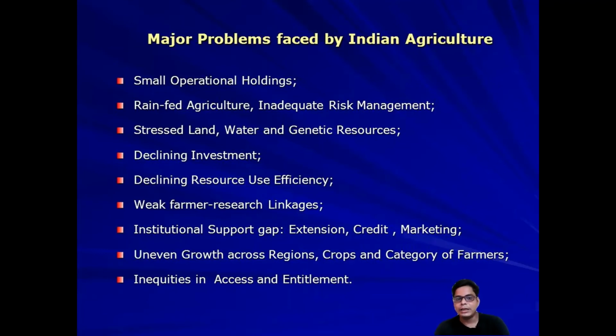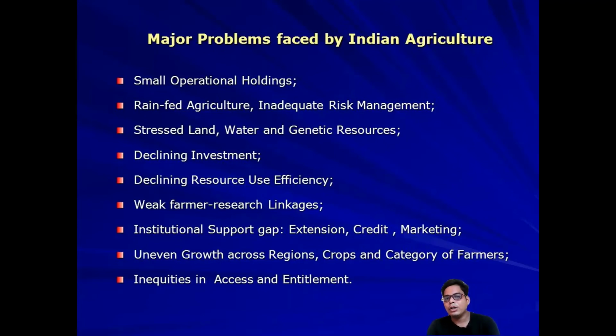Then, weak farmer-research linkage. Whatever research is being done by the ICAR, the Indian Council of Agricultural Research, is not conveyed or connected to the farmers. Farmers are cultivating individually, on their own experience, and the experts who do the testing in the lab are not bound to give their suggestions to the farmers. So that's why production somehow decreases day by day. This thing we have to understand. Weak farmer-research linkage we already discussed.